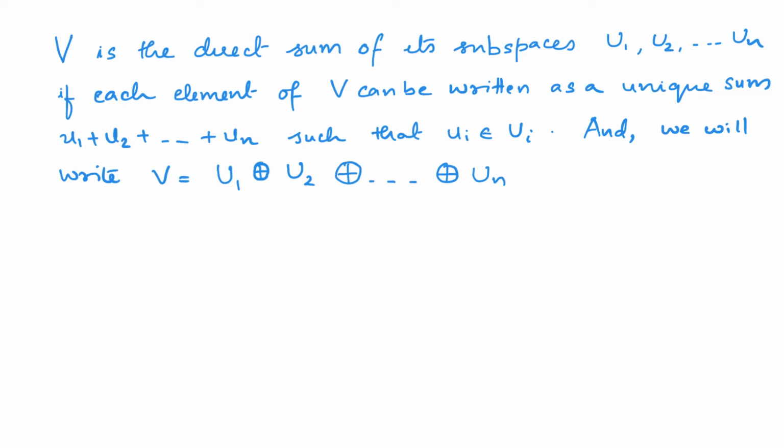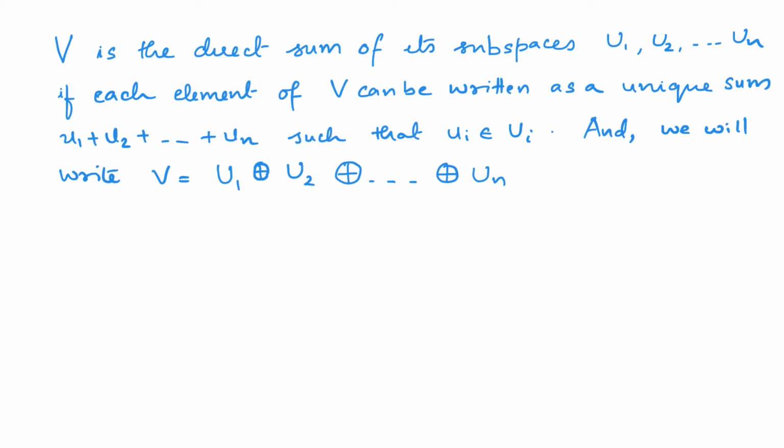Now, as of now, to prove that V is a direct sum of its subspaces, we have to look at every element of V and see whether it can be represented in more than one way as a sum of elements in the Ui or not. And this seems like a humongous task. In some sense, it feels impossible to test whether a vector space is a direct sum of its subspaces or not.